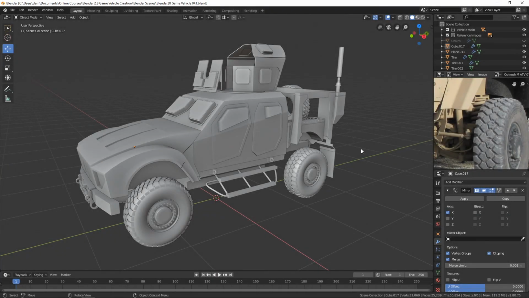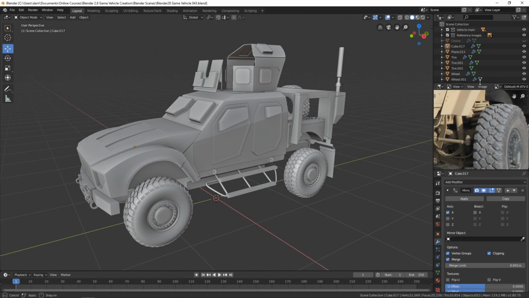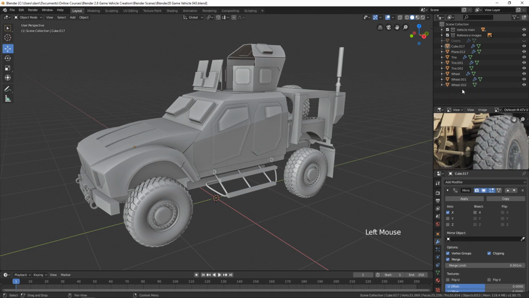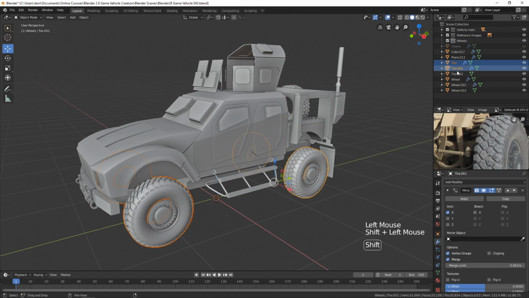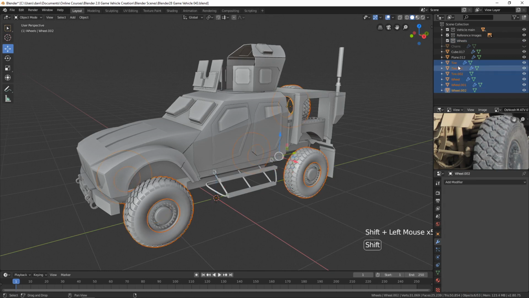Before we create these springs, let's do a little bit of housekeeping here. I think first of all, I want to take these tires and wheels. Let's just select these, and we'll create a whole new scene collection for these guys. Let's right-click up here and click New Collection, and we'll have to reselect those to bring those in. So let's say Wheels, and then let's get all of these guys and bring them up into the Wheels scene